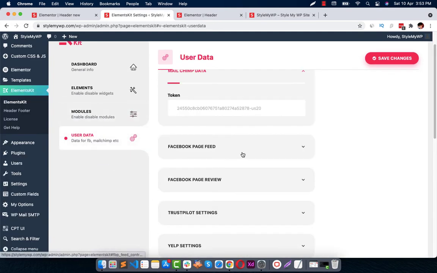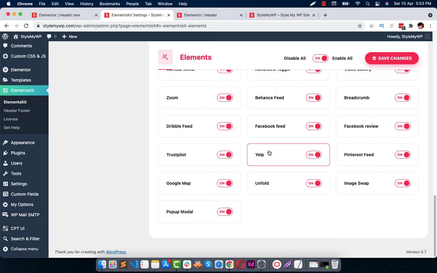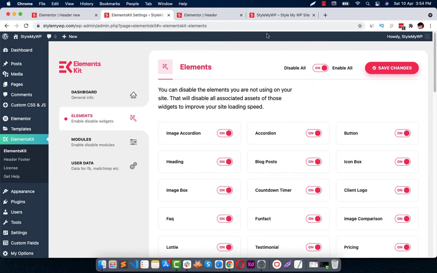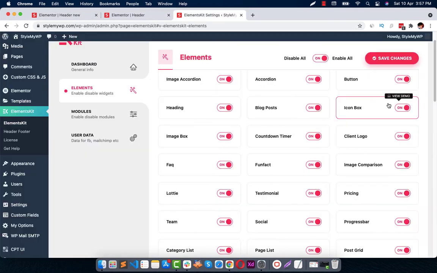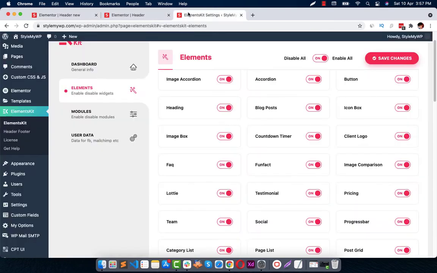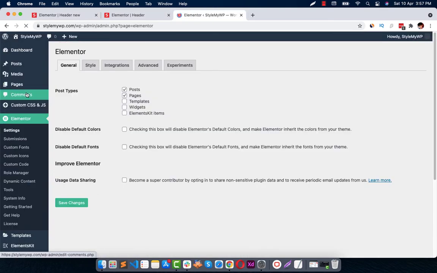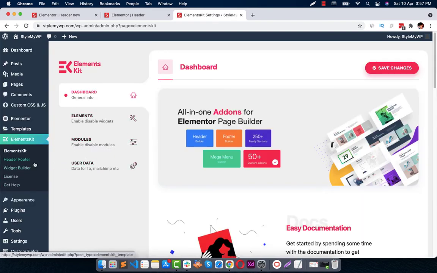I'm not sure because I have the pro version, but if you have the free version, if a widget is pro, it will show a pro sign next to it, right? So now I have enabled all my widgets. Once these are activated, just copy this thing and go to Elements Kit, and go to header and footer,